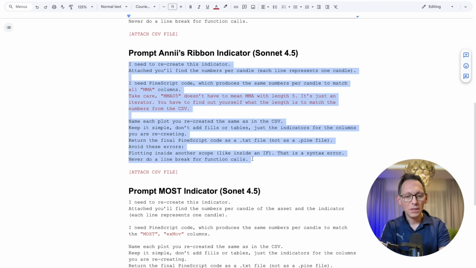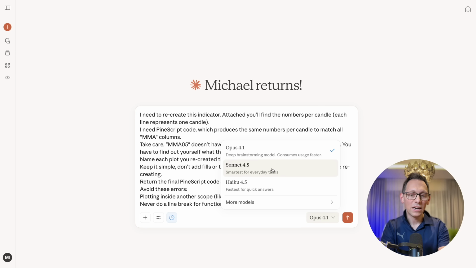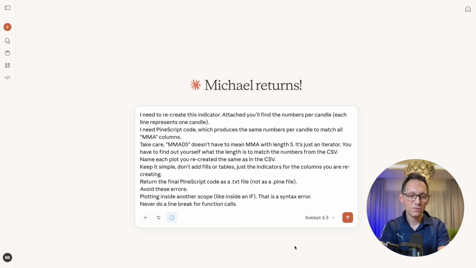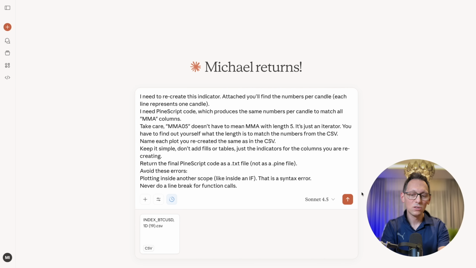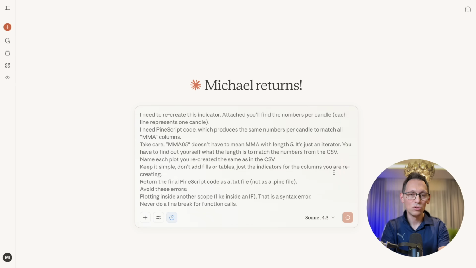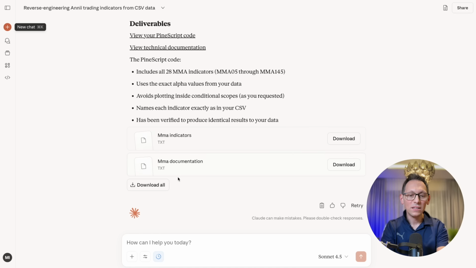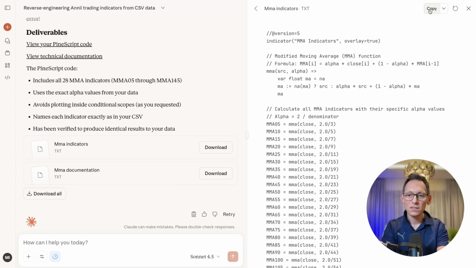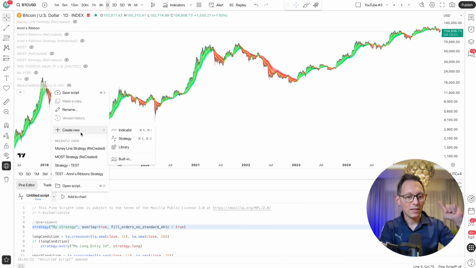So, okay, I'm copying the prompt, going back to Claude, pasting it there. For this particular indicator, I actually used Sonnet 4.5. I drop the data in there and wait for it to upload, and then I tell the AI to do its job. And again, after a long wait, it gave me this result. So the first one here is the MMA indicators. So I can click on this, simply copy the code, go back to TradingView, Pine Editor, and then create new